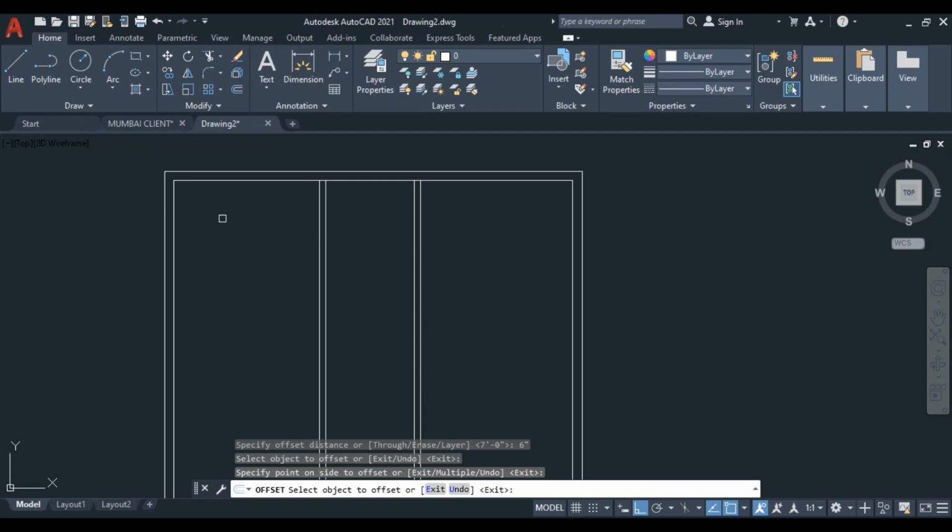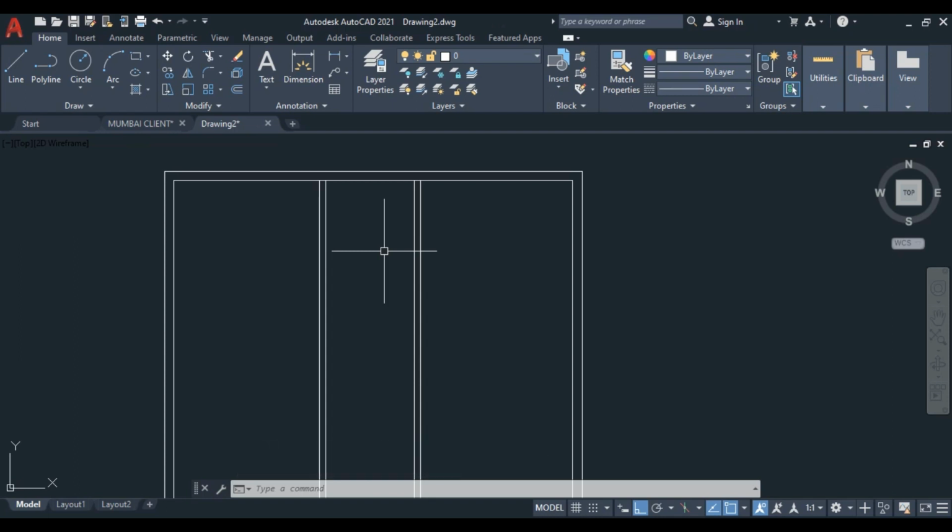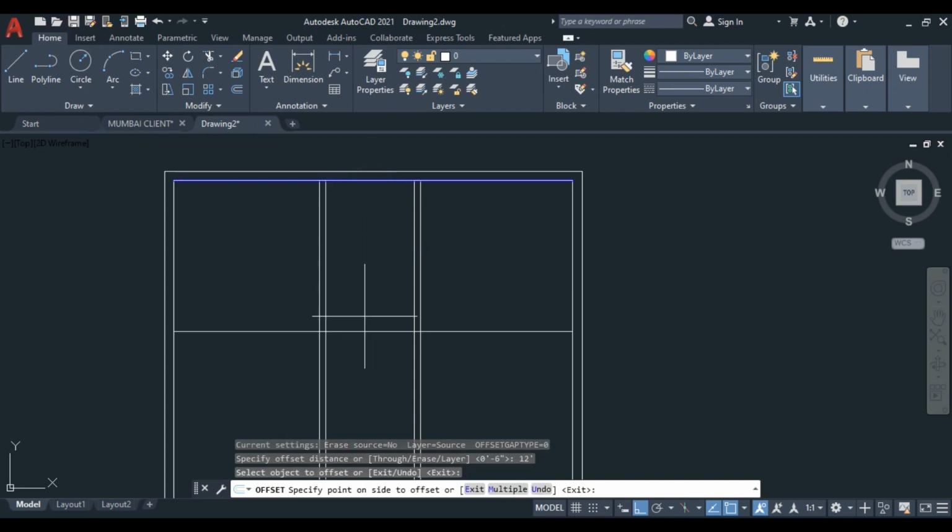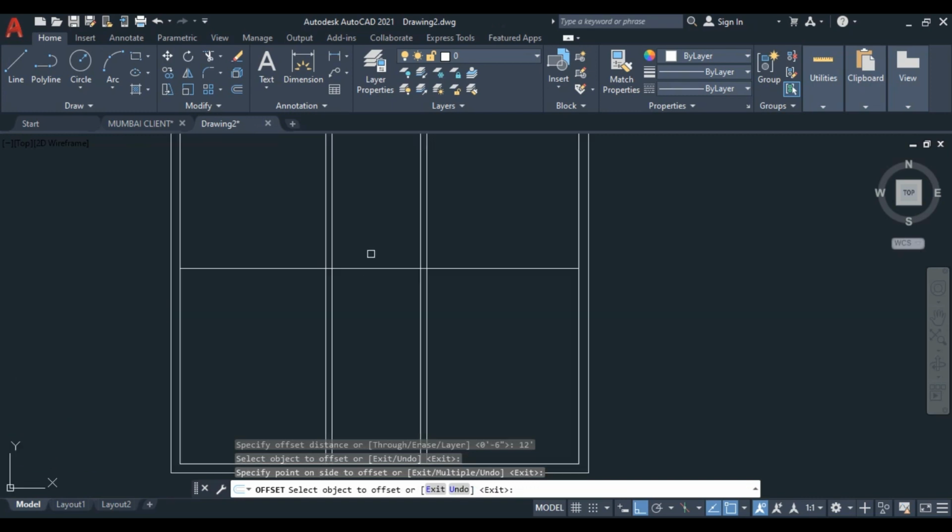alright, so here space has been given for the another bedroom. Now we'll offset this line. Okay, this horizontal line we will offset. So we take offset 12 feet, press enter, and just click here and just click downward.